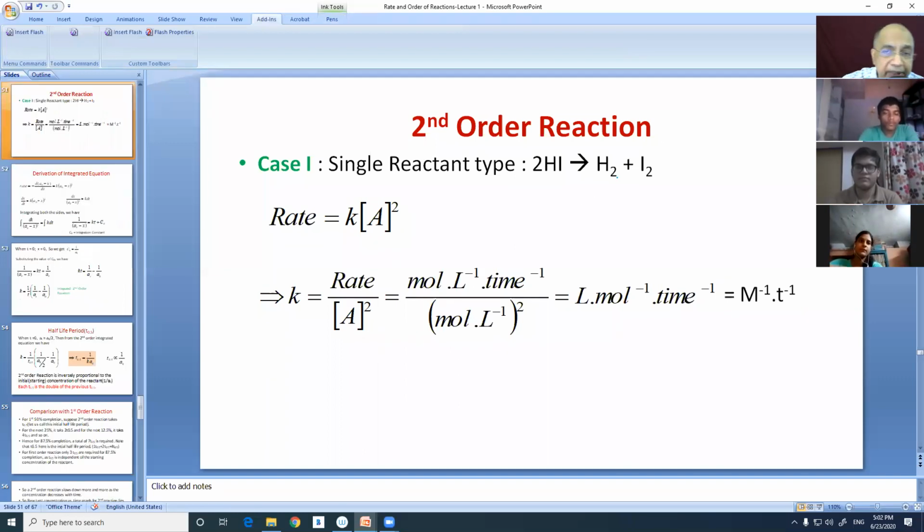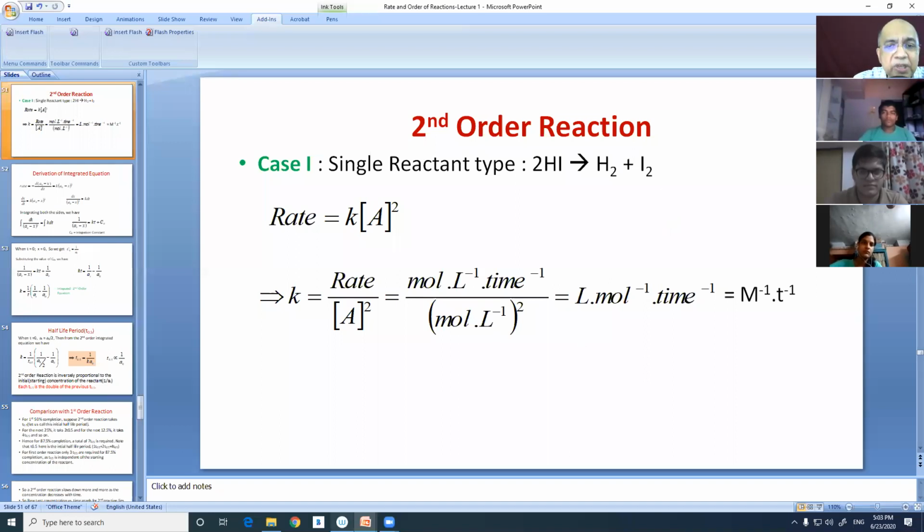In second order kinetics, there are 2 cases. Case 1, when the reactant is only 1, like the decomposition of hydrogen iodide to give H2 plus I2. Here, since it is an elementary, one-step reaction, the number of molecules involved is equal to its order. We will know that later. What's the difference between molecularity and the order of reaction? What is an elementary reaction? What is a complex reaction? That will be discussed in detail later. But for now, let us say this is a second order reaction.